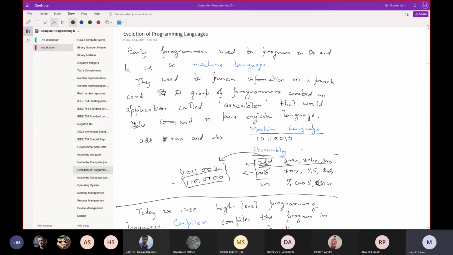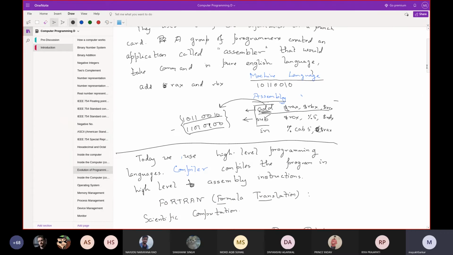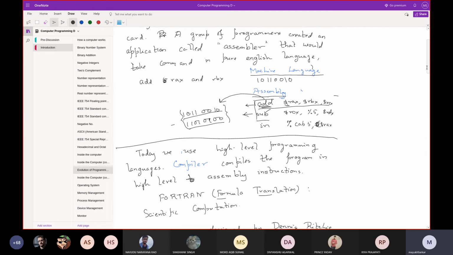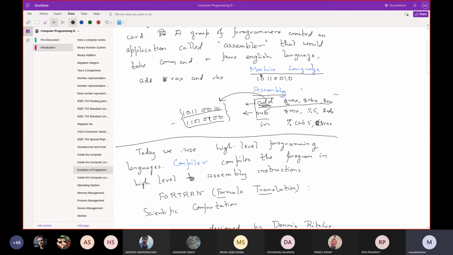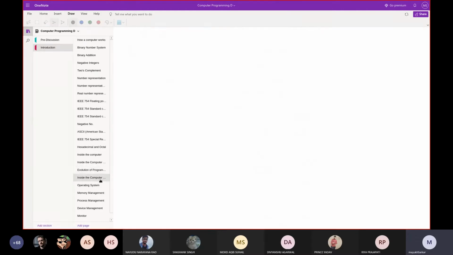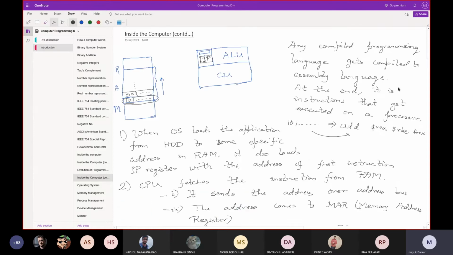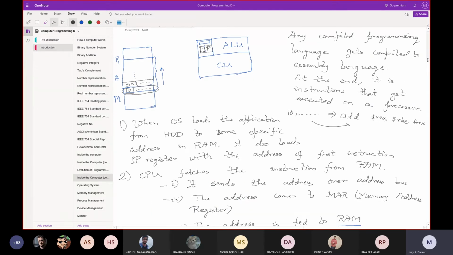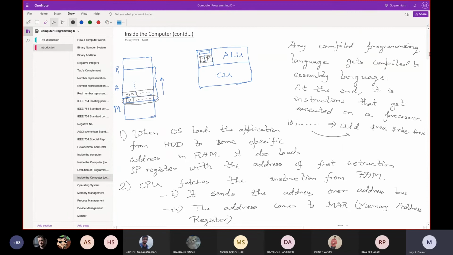C uses a compilation technique. But eventually, at the bottom level, it is instructions in terms of zeros and ones that get executed in the machine. And so every program you write in C or any compiled programming language eventually turns out to be a sequence of zeros and ones. In fact, a sequence of instructions and data.